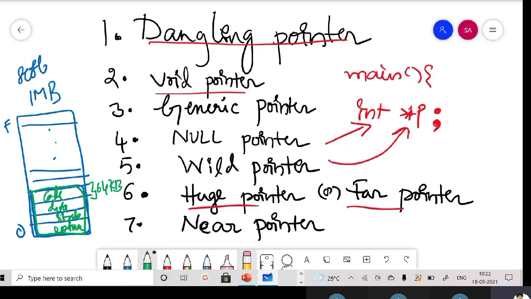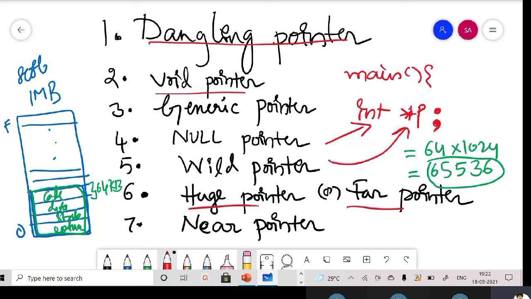If I say 64 KB, K means 1024, kilobyte, which is 1024, so 64 times 1024 is 65,536. You know this value, right? What that means is there are 65,536 places or locations inside this particular box, a particular segment, so each segment has 65,536 locations.